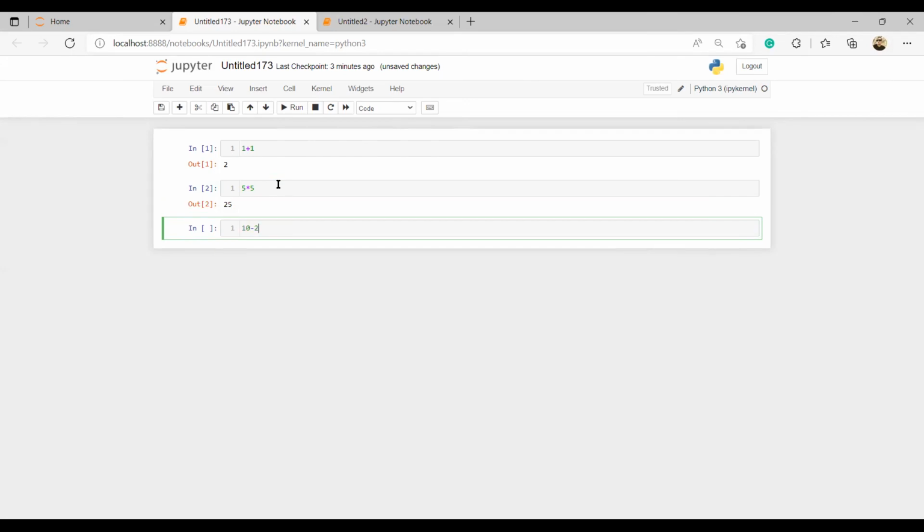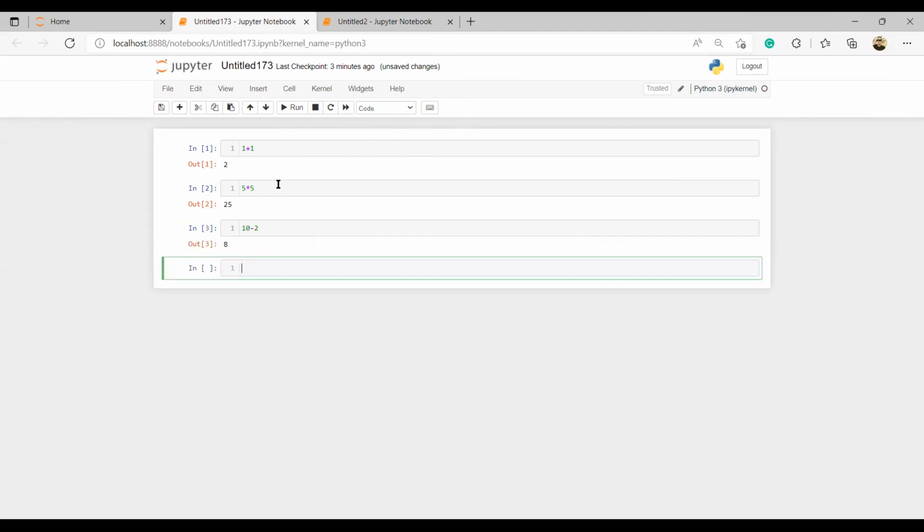10 minus 2, what will it give me? 8. Shift Enter. Can you see that? Clear? So this is called a cell. I will type the code here and the output comes here. Can you see input, output?